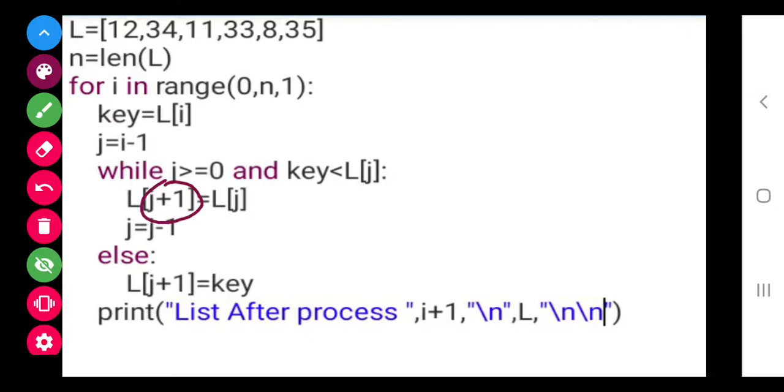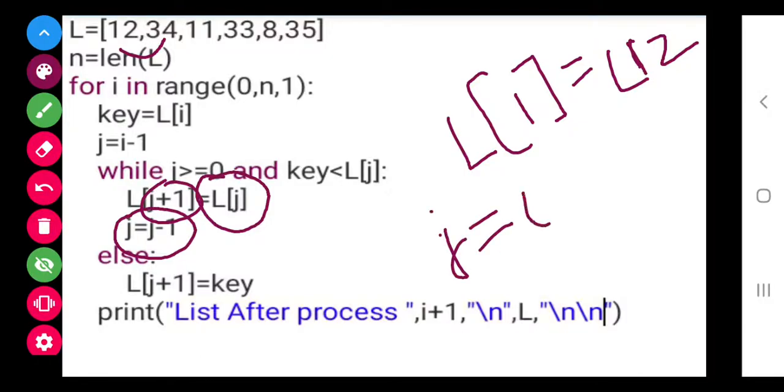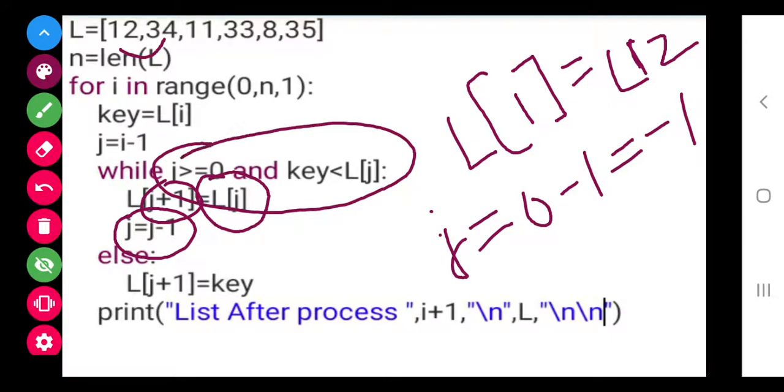Now j plus 1, that is 0 plus 1, is 1. The value of j position, 12, will get saved here in position 1. Now the value of j will again change to 0 minus 1, that equals -1. So this is a false condition, so it will go to this statement.